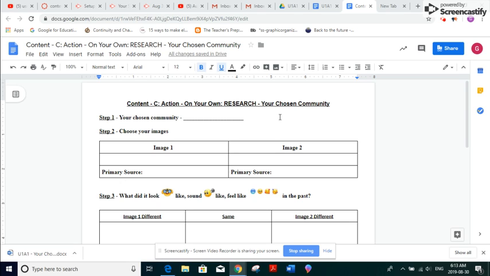So for step number one of the assignment for your chosen community, of course, you need to choose your community. Now, keep in mind that in this assignment, we're trying to look for some continuity and change over a long period of time. Some locations will be much easier to find older images to compare to newer images than others. So, for example, I wouldn't probably choose, let's say, your house back home if it was built in the last